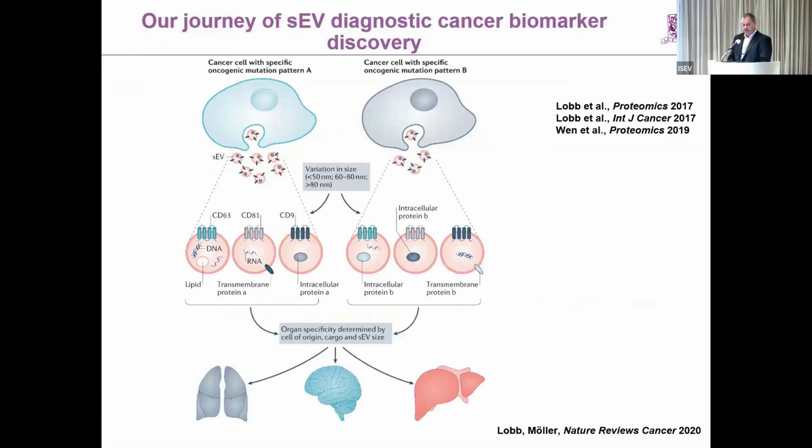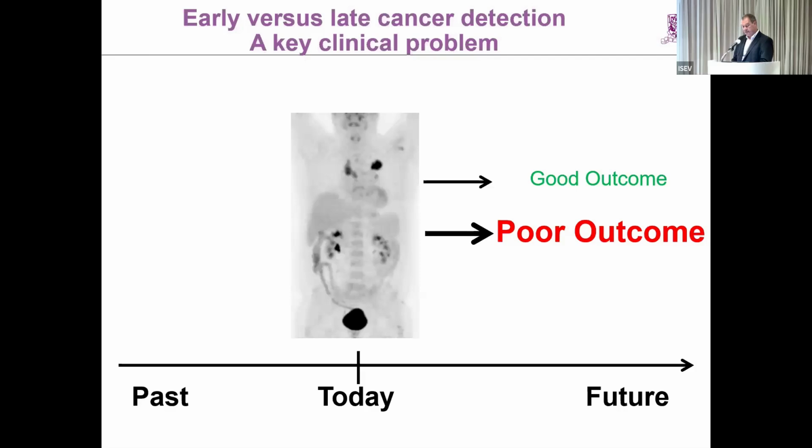So what we have found over the years, for example by proteomic analysis, if you use cancer cells with different mutation patterns, is that part of the content of the EVs depends on the cell of origin, so you get different EV content based on the cancer mutation pattern of the cells. I want to take this as a highlight: